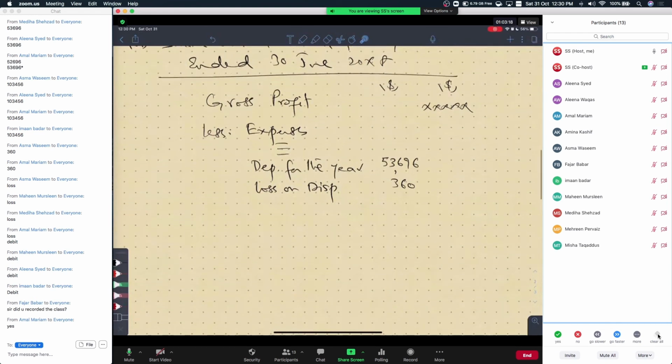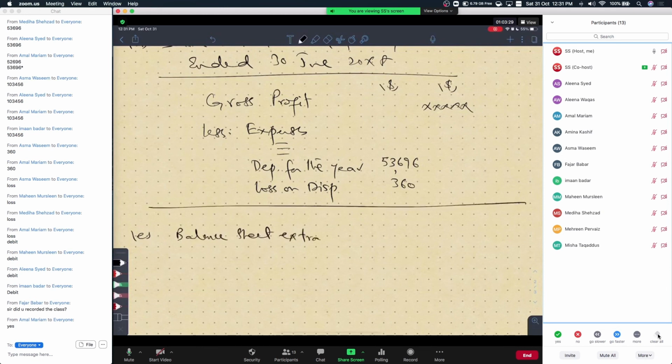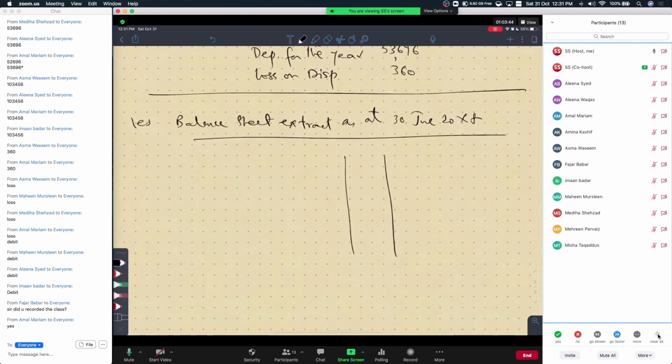And part E is where we are going to show the balance sheet extracts. The balance sheet extract, let me just draw a line. Balance sheet extract for the year. Not for the year. Balance sheet is never made for the year. Balance sheet is always as at 30th of June 20x8, and we know how we produce the balance sheet. We have our three columns here, the non-current assets section, right? We have the cost column, we have the accumulated depreciation column, and we have the net book value column. So we're going to show vehicles,